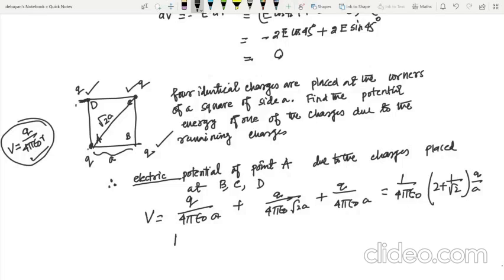The difference is that you should note that if we want to find the potential energy of the charge system, then you have to find the potential energy for each individual pair, and then you can add them. Now let us do some problems like that. If the question comes like that,